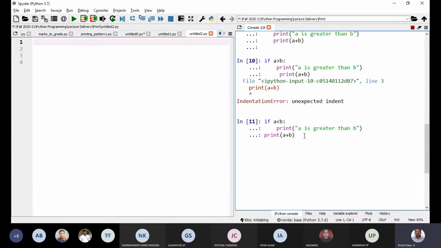But surprisingly, if I hit enter, it is giving 150 as the result. This print A plus B is not part of the if, because I'm not following indentation. So whether this condition is true or false, I will get the output, print A plus B.